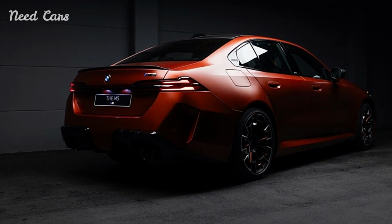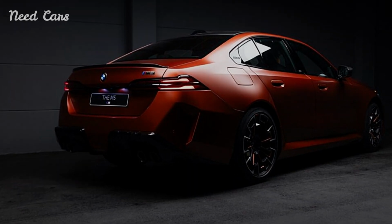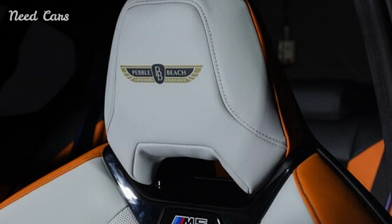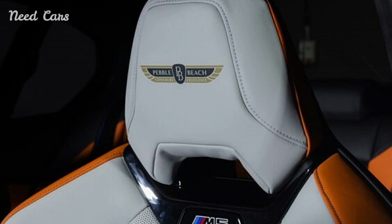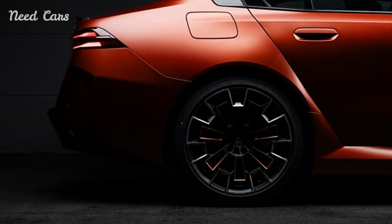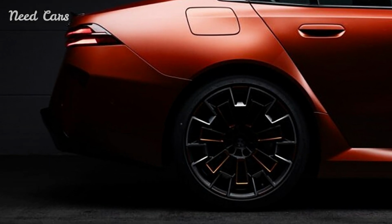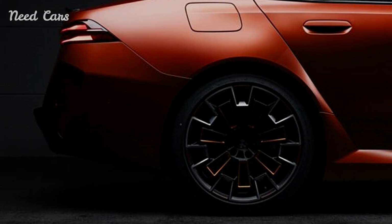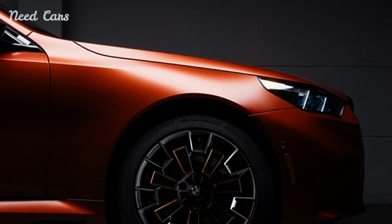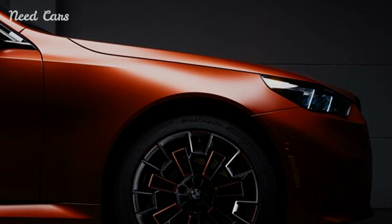The exterior design of this special M5 is a testament to BMW's dedication to innovation and style. The bold orange paint is complemented by carbon fiber accents, including the roof, mirrors, and rear spoiler. These elements not only enhance the car's visual appeal but also contribute to its aerodynamic efficiency. The aggressive stance is further emphasized by 20-inch forged wheels, which are finished in a contrasting black, adding to the